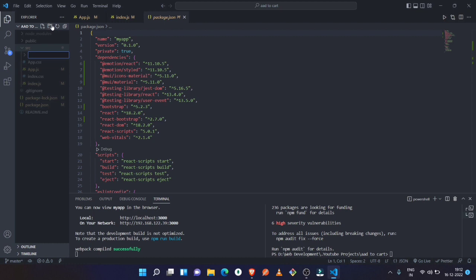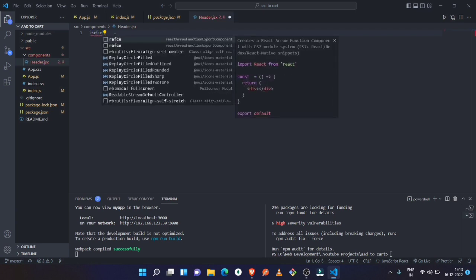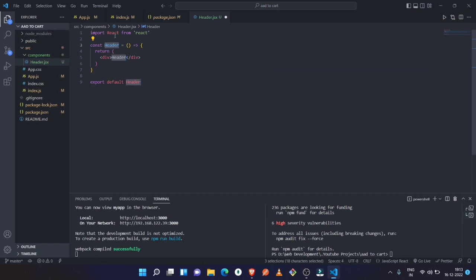that we are going to use in our app.js. So here we are going to create a folder for components, and inside that we are going to create our navbar, which is the header. So write the file name as header.jsx,